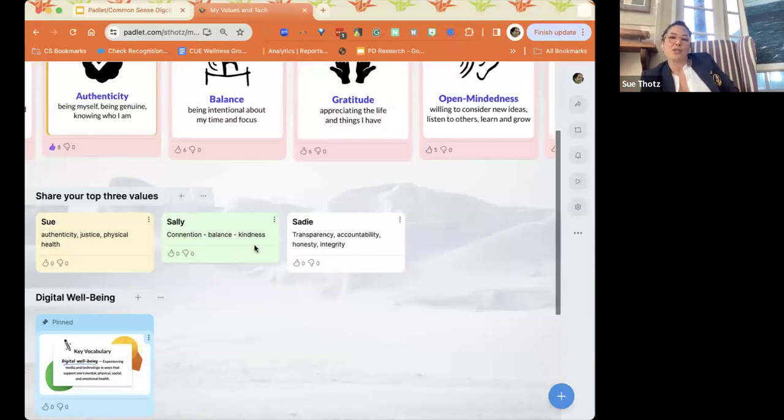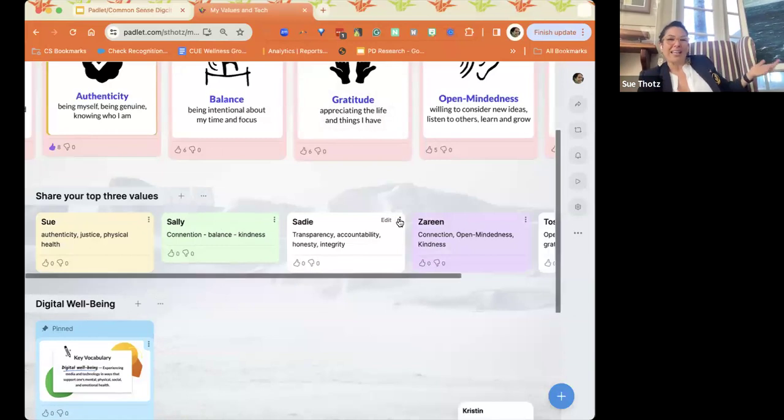And the other thing I could do is ask you to go back and tell me why. If we wanted to do this, I could ask you to add a little bit more, or I could say, throw in a GIF that tells me about who you are and why you pick these top 3 values right now at this moment. Maybe you're frazzled and balance is something that's very important to you. Or I could ask you to show me a picture or do something like that.